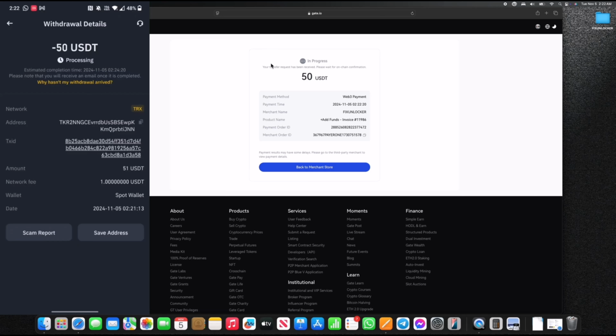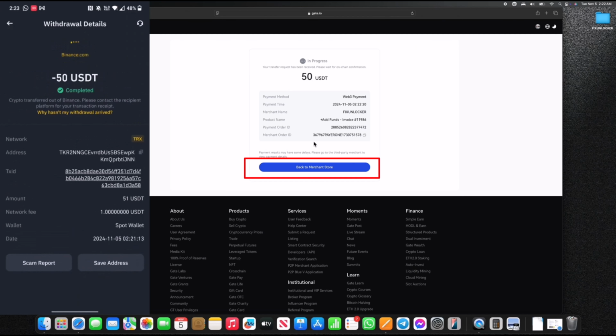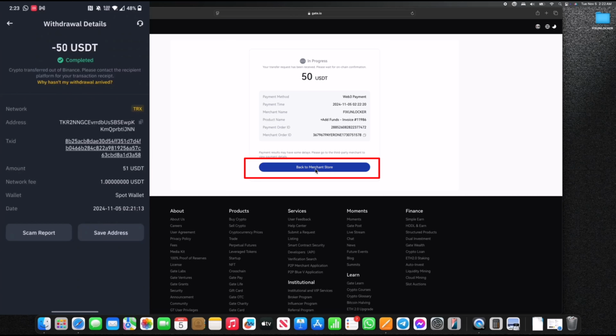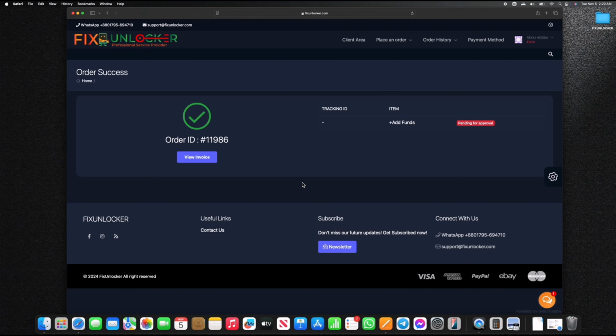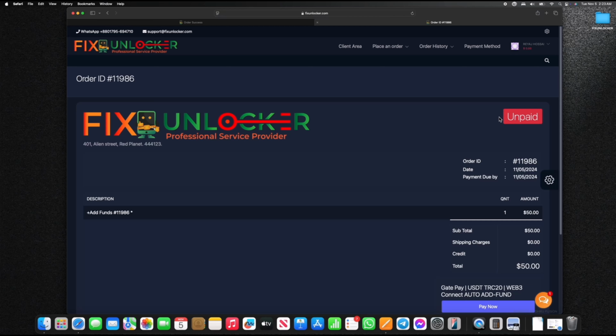Okay, now you need to wait a few minutes to complete the process. Already here it is done. My Binance shows complete and the web also shows complete. Now click back to merchant. After clicking back to merchant, it will automatically transfer to our website and you need to wait a few moments to